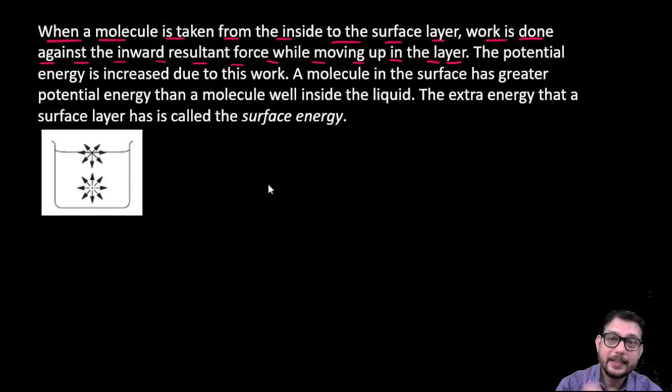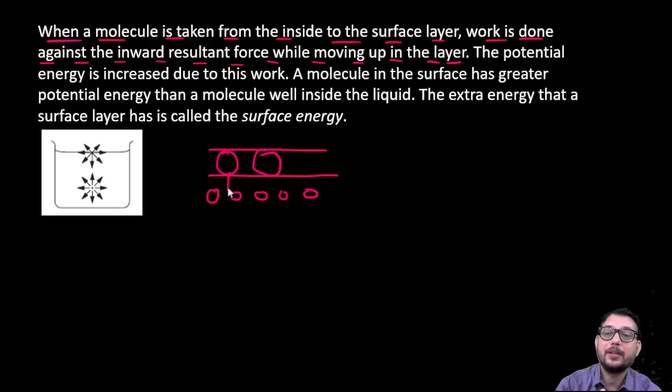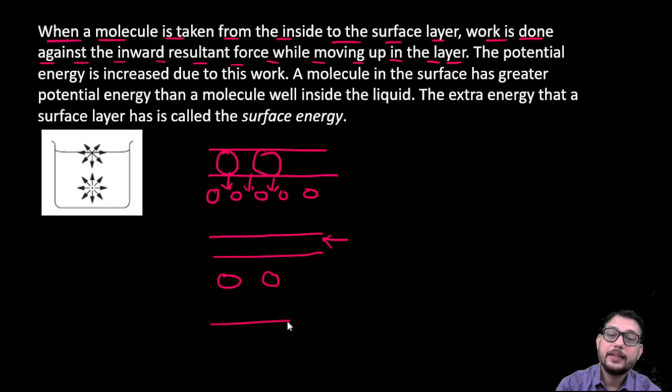So it is clear that, as I have told you, molecules on the surface are attracted by the neighboring molecules in this way. Then what will happen? These molecules leave the surface and move to the deeper side, and the surface becomes empty. Then again the lower molecules move to the empty surface in this way to fill the empty space of the layer.